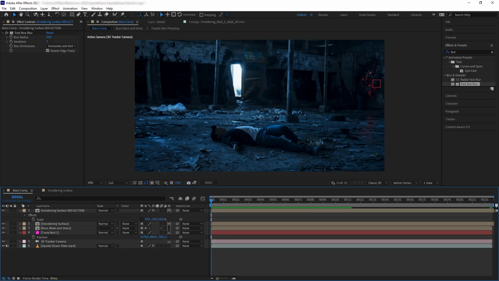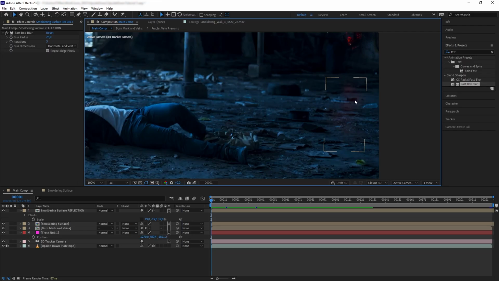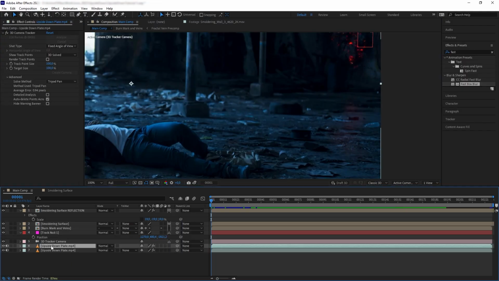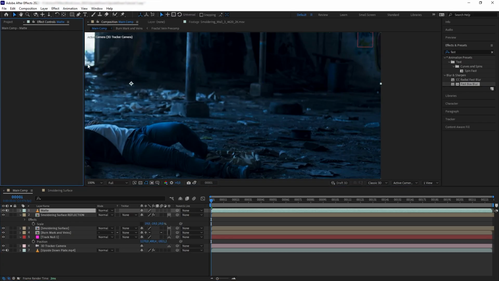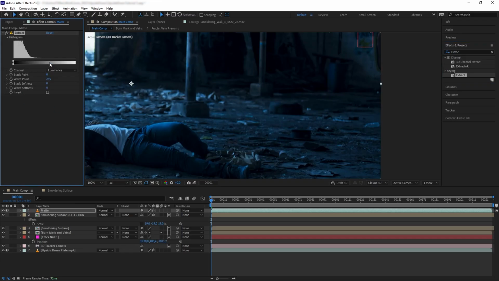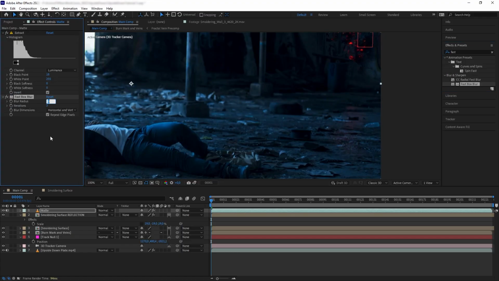But before we do that, we want to matte our element here first. Like this reflection looks a bit too straight and flat, and we want to have a little bit of disruption on it because we have all these objects on the ground. So let's duplicate our plate and put it at the top of the reflection here. And then let's rename this matte. Let's delete the camera track on the matte. And then we're going to get extract. So what we want to do is key this layer based on the luminance. So let's get an invert here. And we want to push in the black point until we have a little bit more of the ground. And then let's get fast blur.